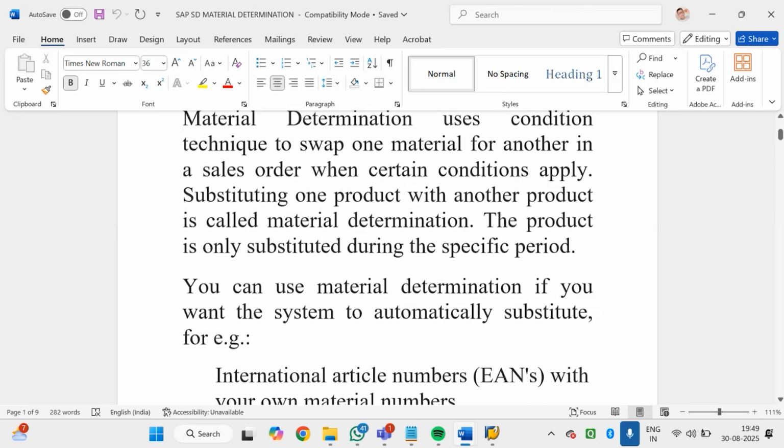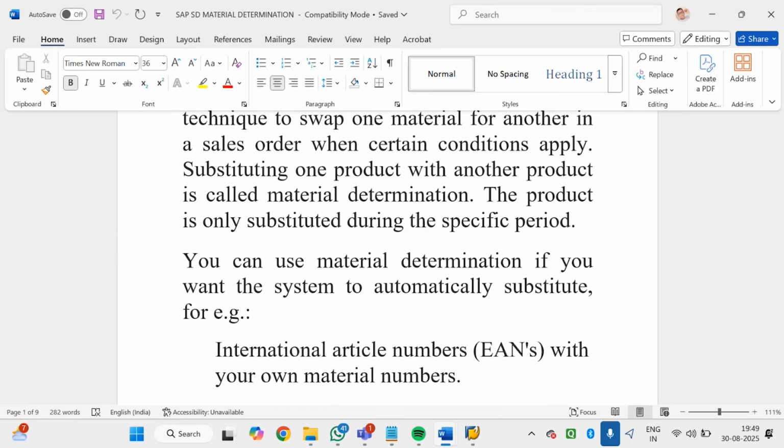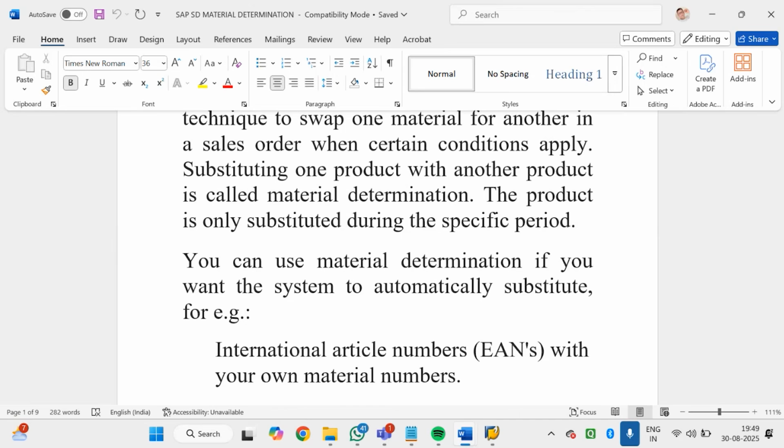ये हमेशा नहीं है, कुछ स्पेसिफिक टाइम पीरियड के लिए होता है। कभी कभी ऐसा होता है ना कि कोई नया प्रोडक्ट मार्केट में लॉन्च हुआ, तो हम उसको प्रमोट कर रहे हैं, सेल्स प्रमोशन कर रहे हैं, तो हम क्या करते हैं कि अगर कोई कस्टमर रेगुलर प्रोडक्ट परचेज कर रहा है, हम उसको थोड़ा देर के लिए स्टॉक करके नया प्रोडक्ट उसको बेच देते हैं ना। इससे प्रमोट हो जाता है। तो अगर वो पुराना मटेरियल प्रोडक्ट ऑर्डर कर रहा है, तो इट विल बी रिप्लेस्ड बाय न्यू मटेरियल इन द ऑर्डर पेज। इससे क्या हो गया, हम उसको सेल्स प्रमोशन कर रहे हैं।